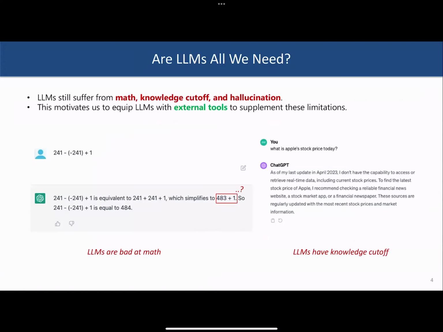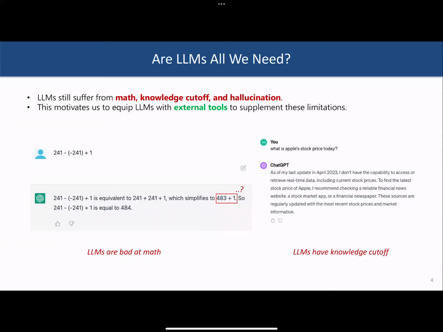But still, there are cases where this is not possible. So for example, if you have complex math, especially large numbers or math that's non-trivial, then LLMs still fail, even if you do this kind of prompting. The other thing is that LLMs have a cutoff knowledge, right? So for example, if you have a database that you want to query, something like a private database, let's say you're using LlamaIndex, then you do need to query that data and provide it to the LLM. And the LLM has a knowledge cutoff that either doesn't have that public data, or if it's private, it didn't have access to that.